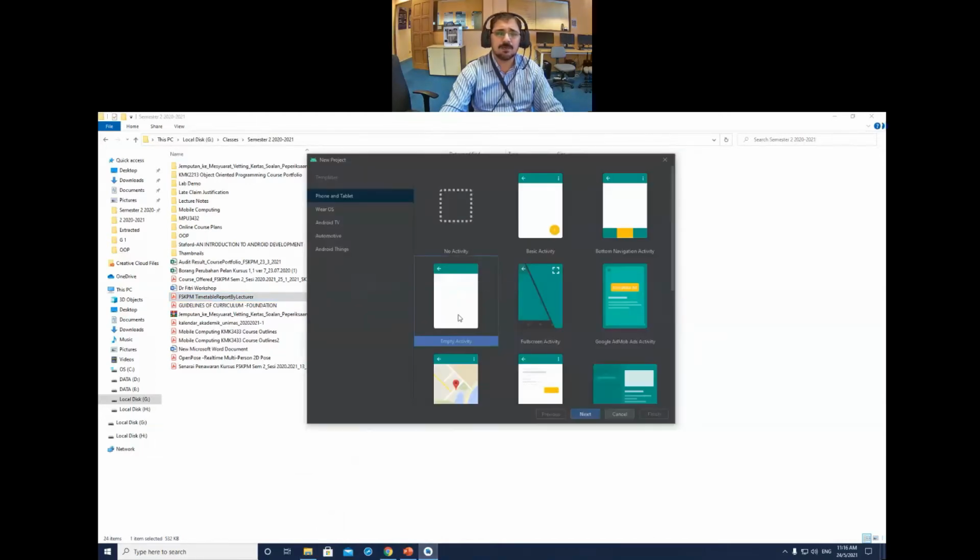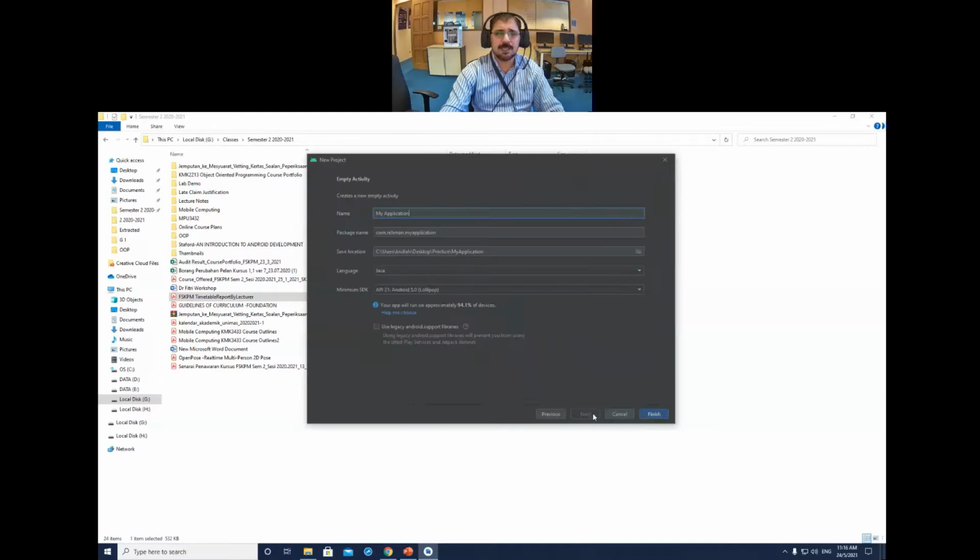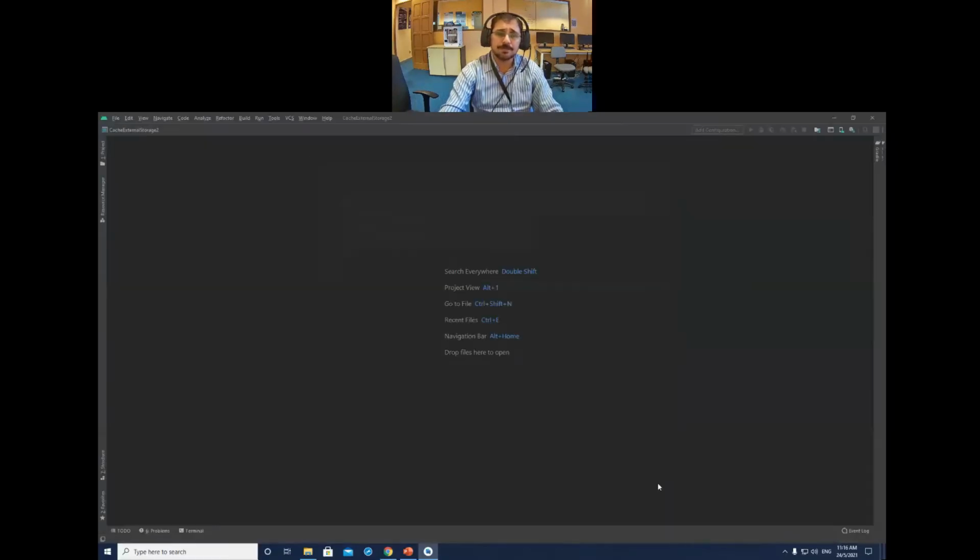Let's go through it. Select empty activity. Next, give a name: cache and external storage. Maybe two, because I think I have one already. So finish.